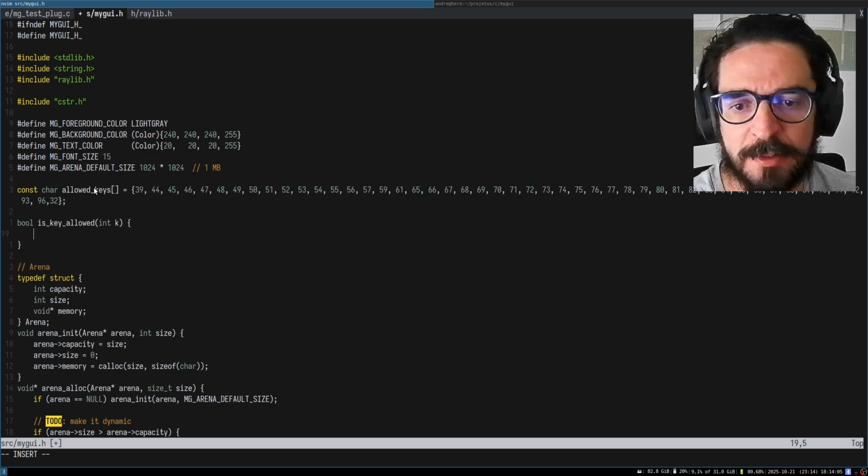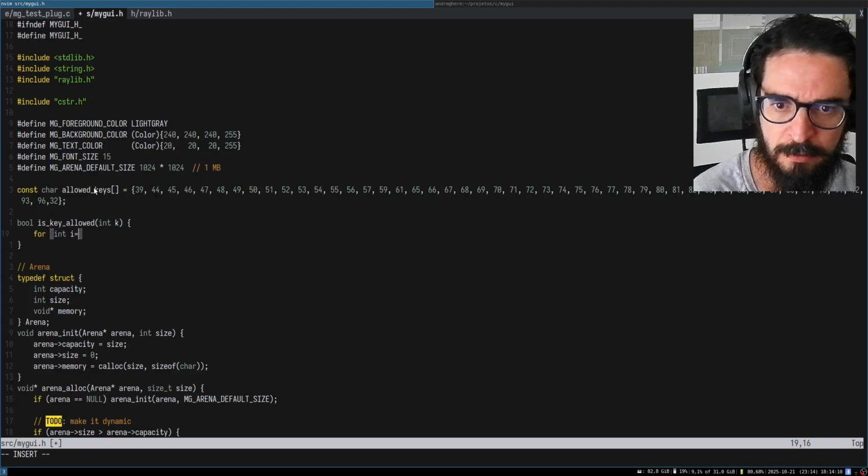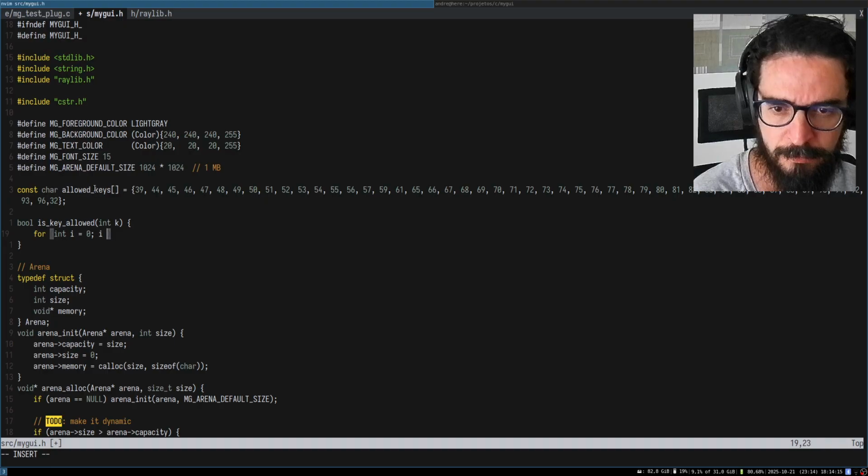Is key allowed. So I iterate over this, i equals 0, size of